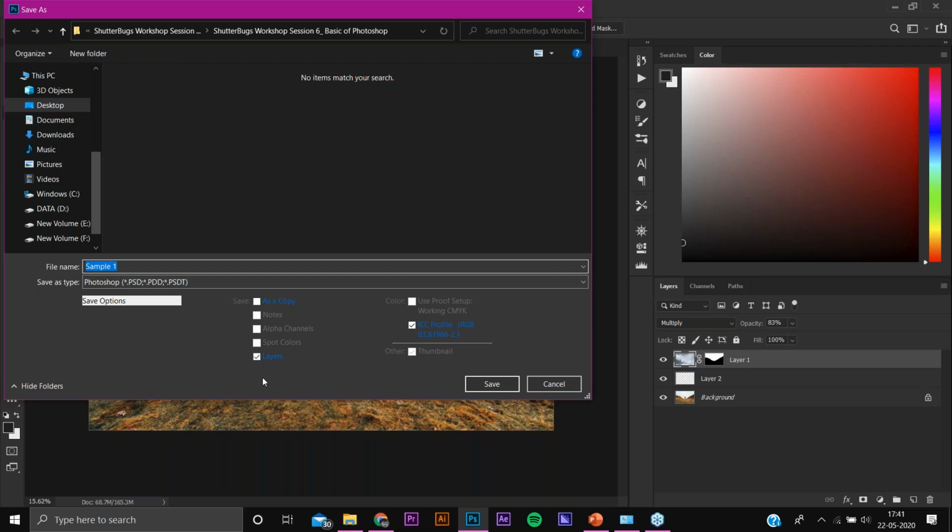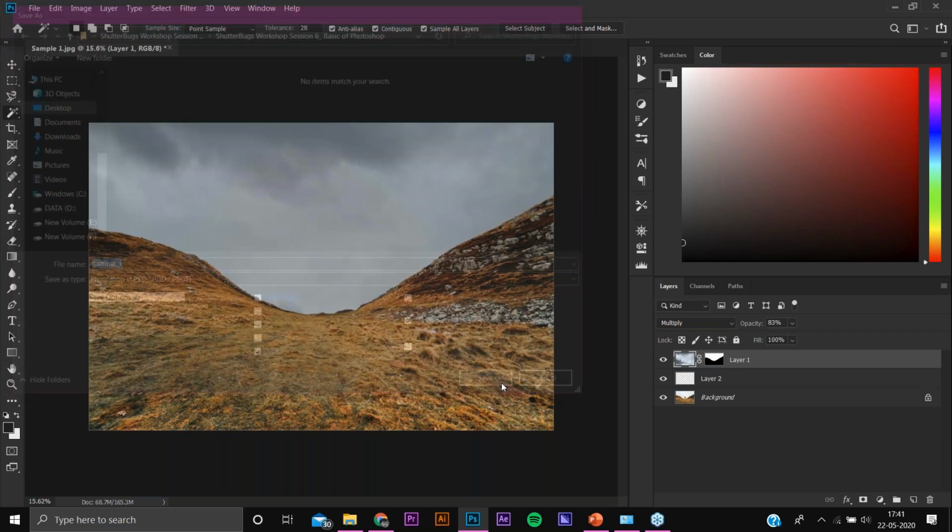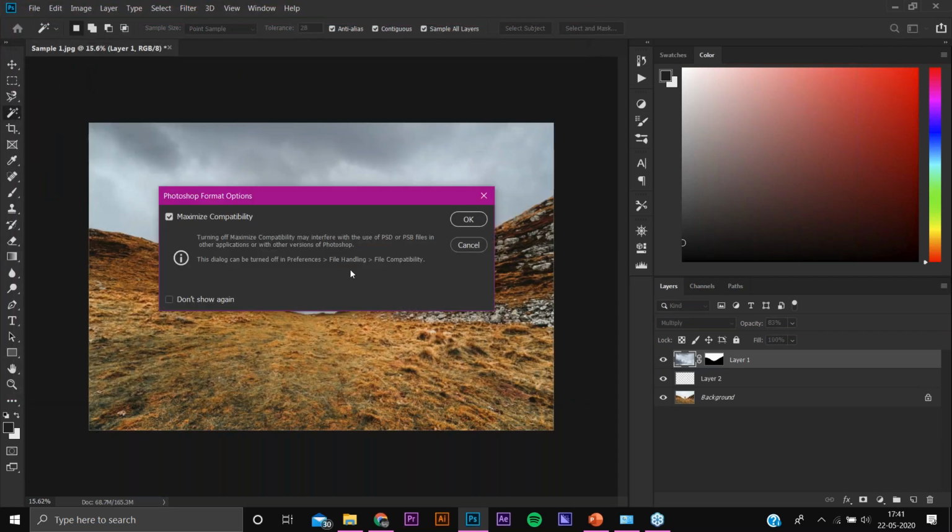You can see over here there is an option for layers, it's ticked on. So we can save this in the format of layers. So we will be saving this, the sample one. Then it would ask you for maximum compatibility. Say OK to it.